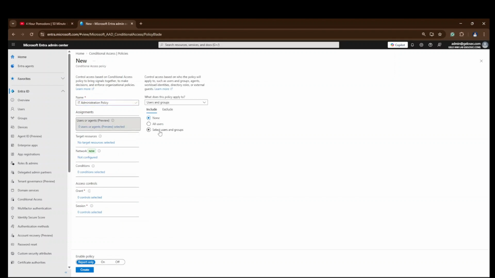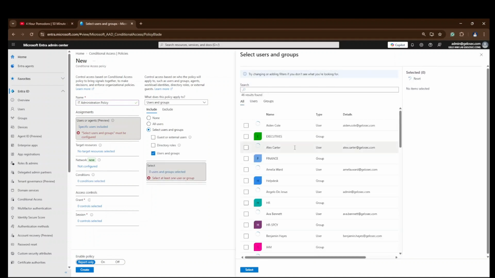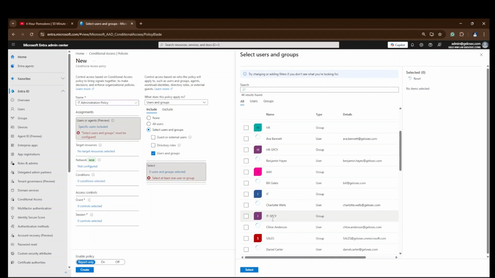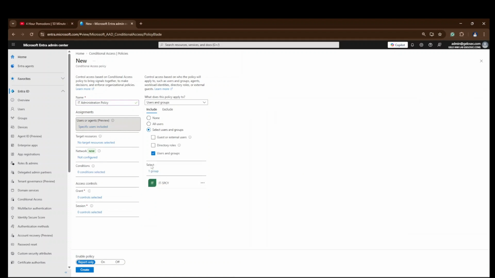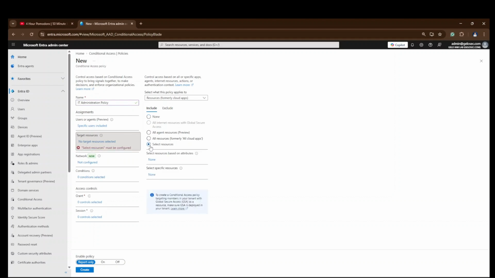Then we choose select users and groups, and we choose our IT group, select, then move to resources, since we are using this for the Microsoft admin portal.